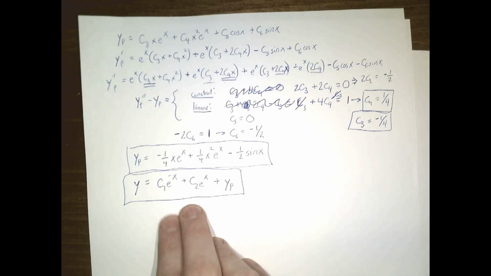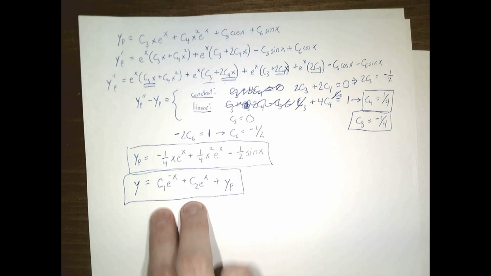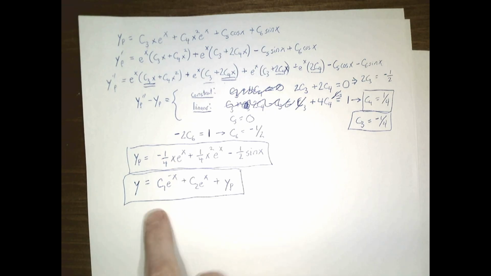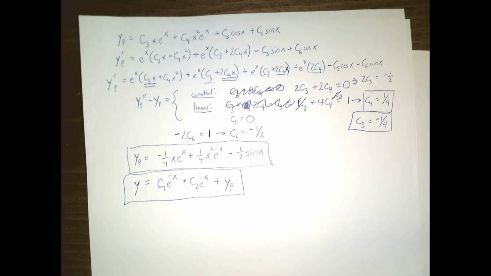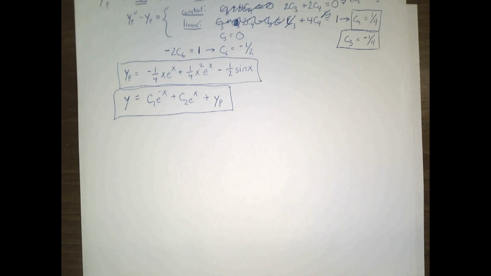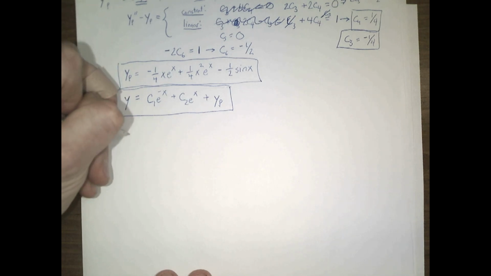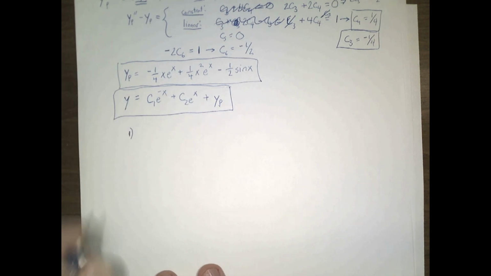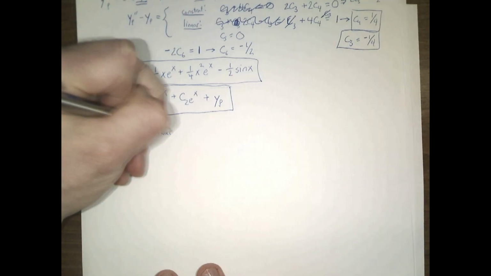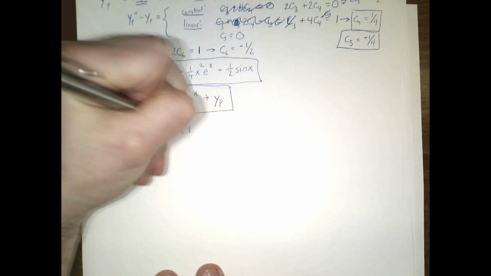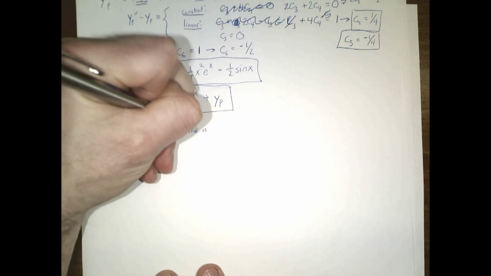If we had initial conditions, we could do the normal thing of setting this and its derivative equal to the given values and determining from that system what C2 and C1 have to be. I think this is good enough for now. So that's our annihilator method. The trick is you're going to look at your equation. You're going to find functions that annihilate